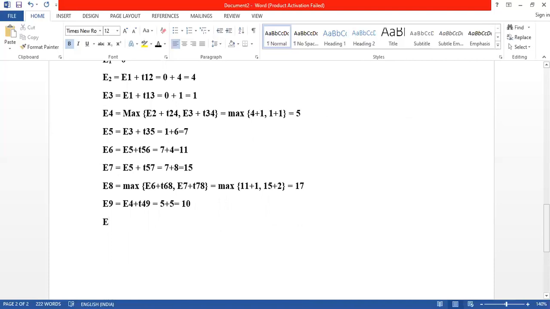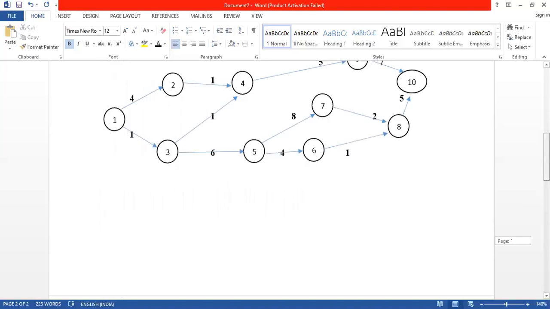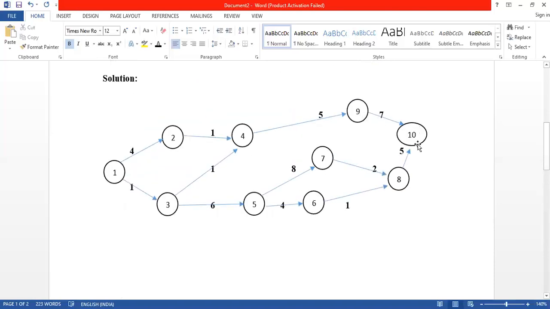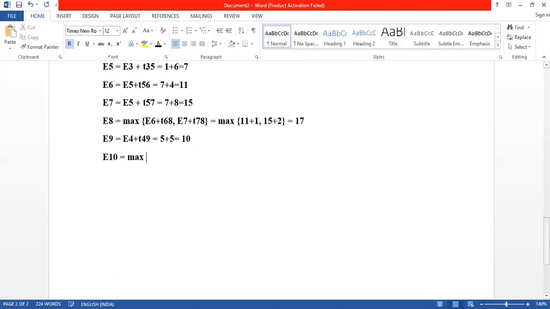Lastly, it is E10, which is equals to, we have to check 10. We are reaching again from two events. From 8 also we can reach, from 9 also. So it is maximum between E8 plus T8,10 or